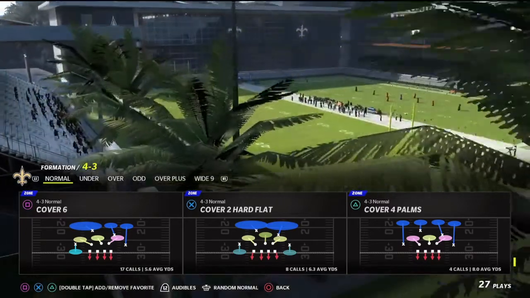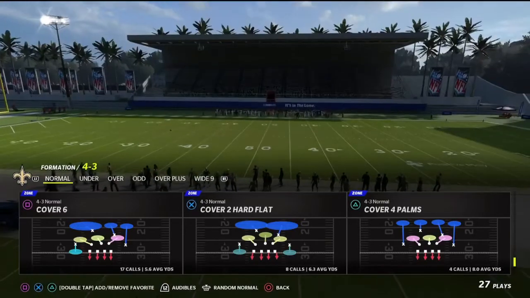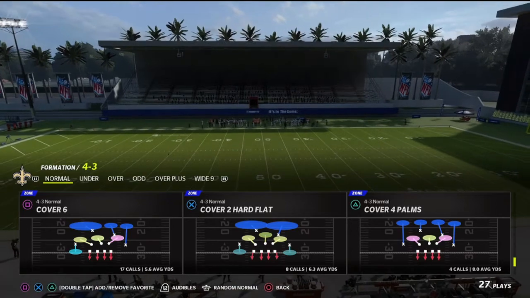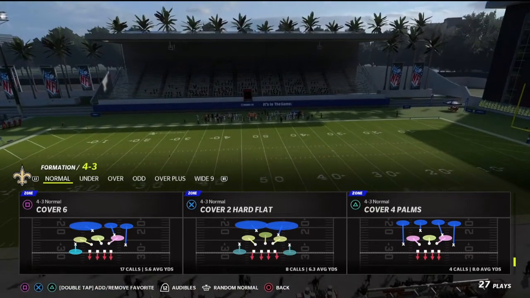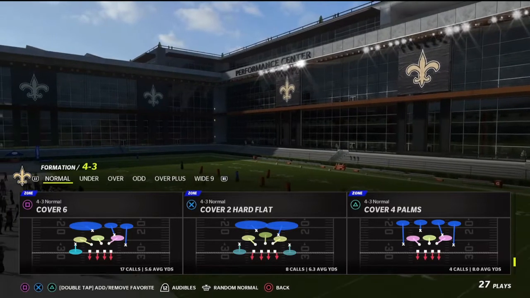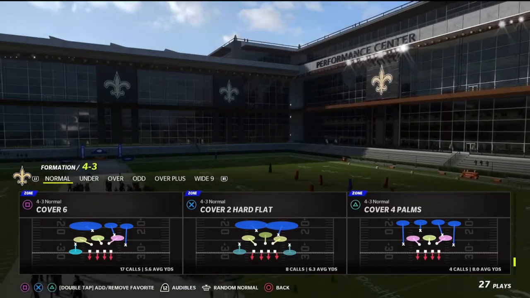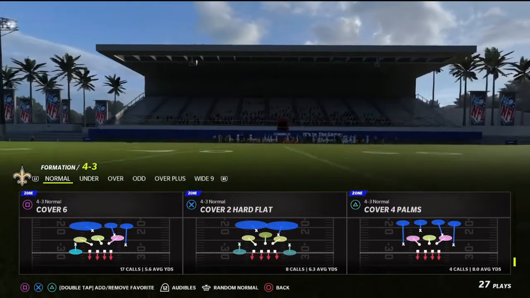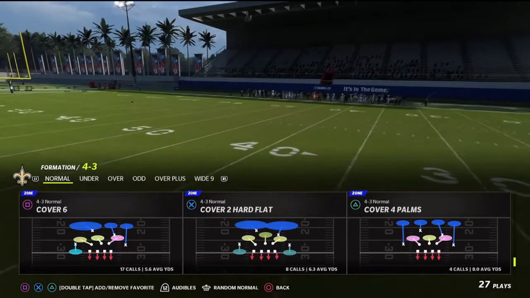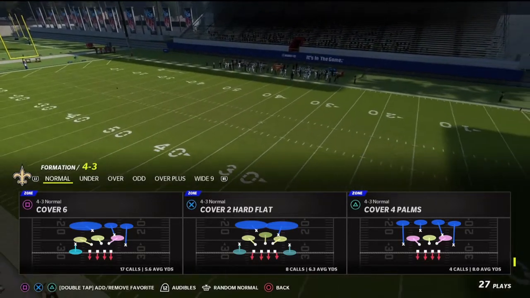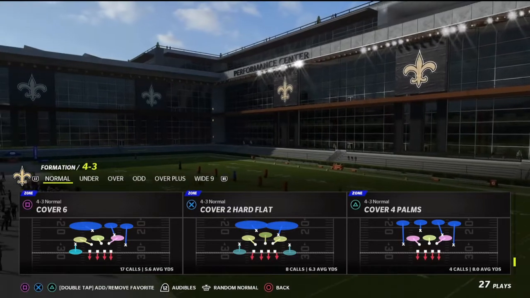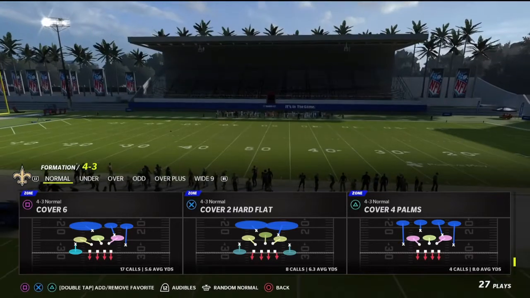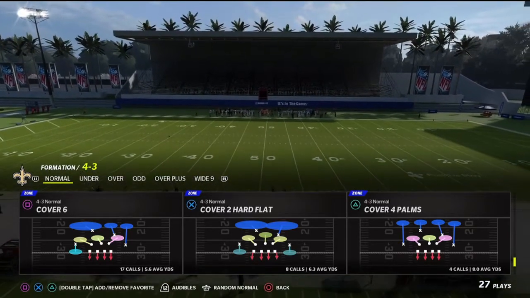So starting from, I'm going to list them all off. So here we go. Cover 0, man blitz. Cover 1, man. Cover 1, man blitz. Cover 2, man. Cover 2, zone. Cover 2, zone blitz. Cover 3, zone. Cover 3, zone blitz. Cover 4, zone. Cover 6/Cover 9, zone. Believe that was 11. That's 11 different concepts. Okay, and each one of them you cannot call more than 25% of plays per game